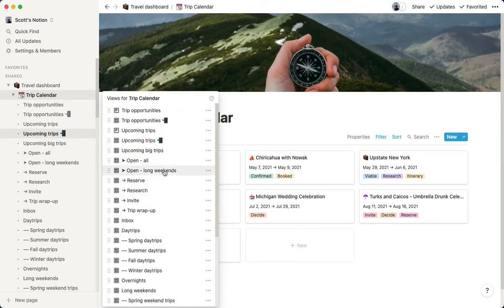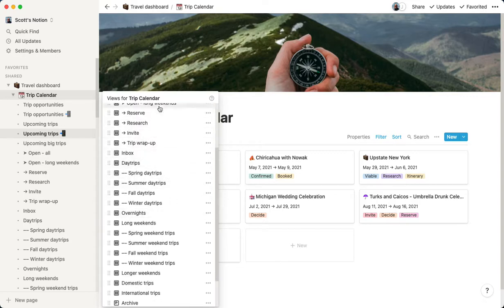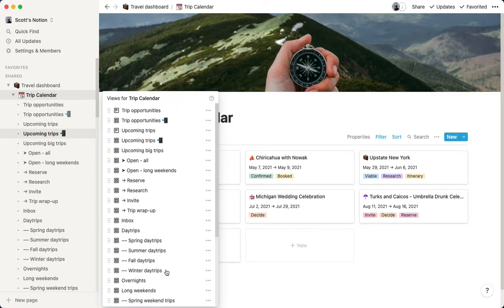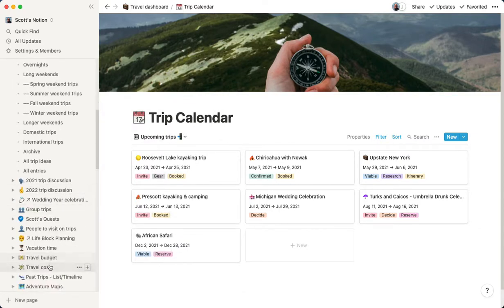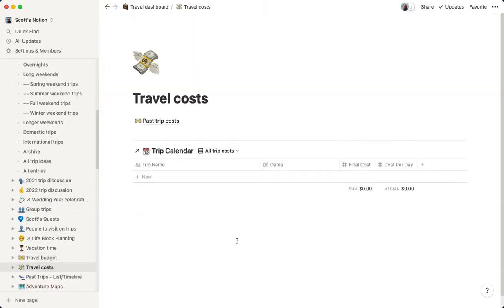And then of course you can change the open to just long weekends or big trips or whatever. You can add however you want these to-dos to be. And of course you can set all of this up. So it's basically everything I just showed you. Now, you can also do these inline